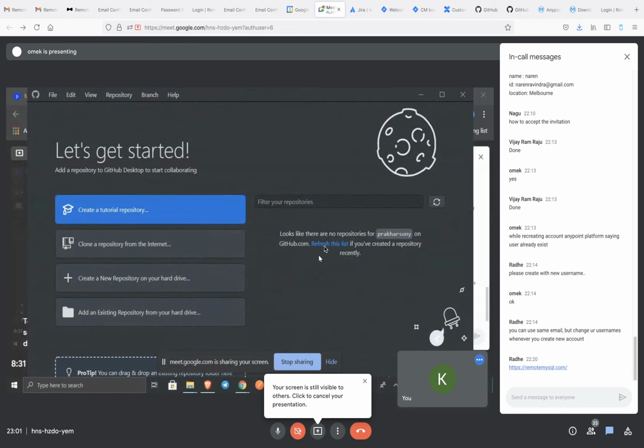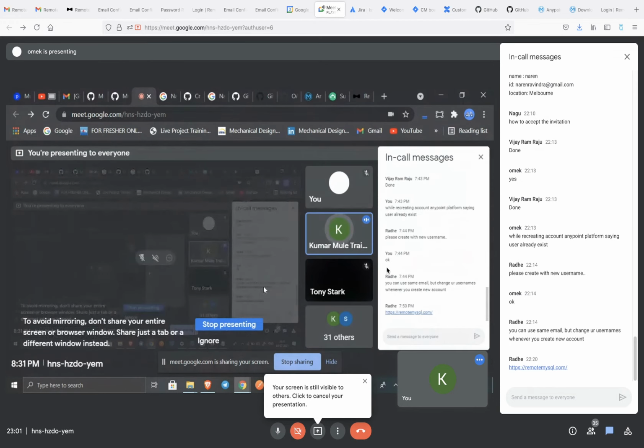Your repository looks like there is no repository for Percussioni on GitHub. Okay. Oh yeah, there is no repository. This is fine. Actually, we haven't created the repository. You just created your account and you are connected. So this is fine. Now I will create the repository and I will help everyone to sync that repository.